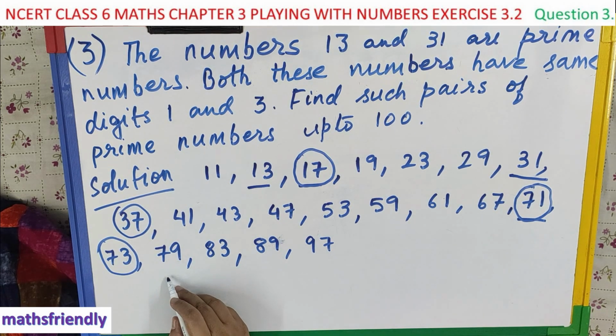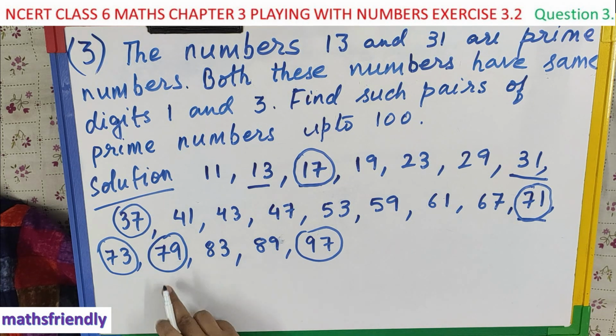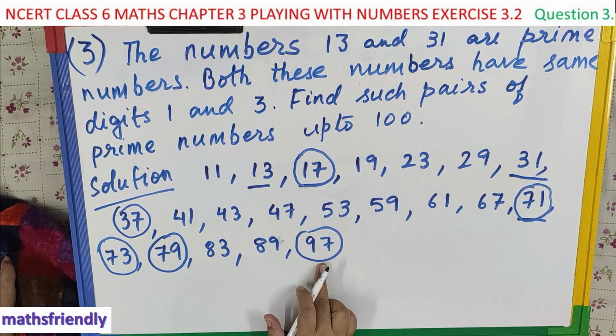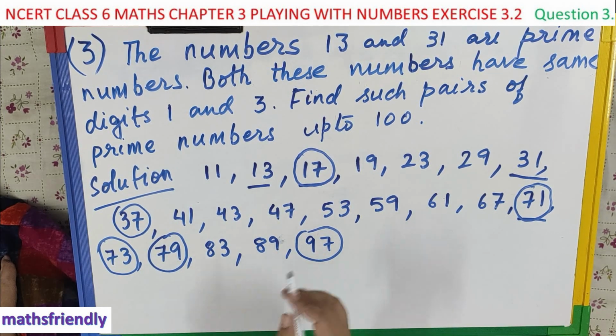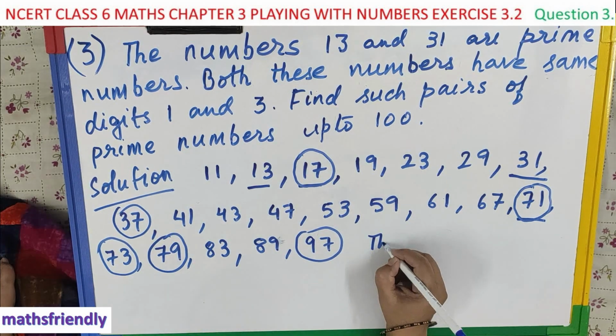Now 79 and 97. These two are the prime numbers and the digits of these two numbers are the same and the digits are reversed. 83 and 38 is not there. So what are the required pairs? Such pairs of prime numbers up to 100 are the required